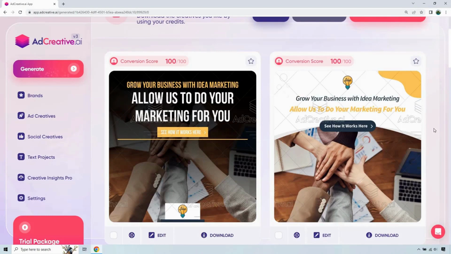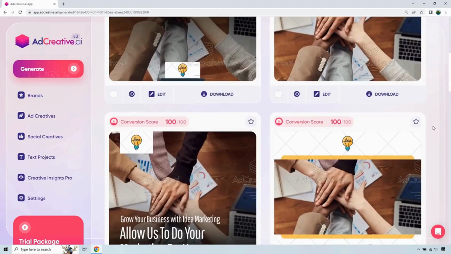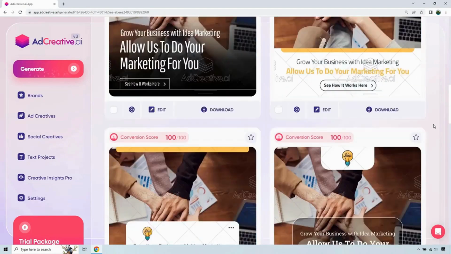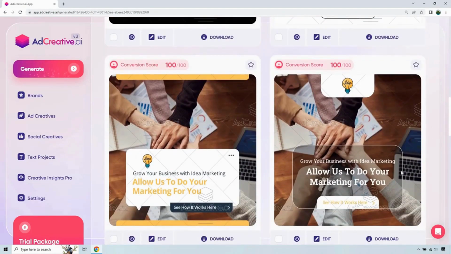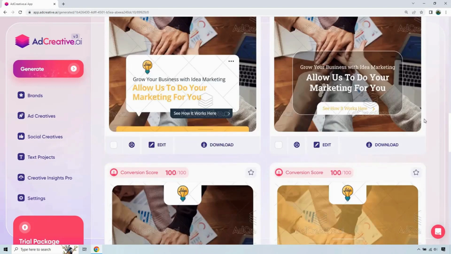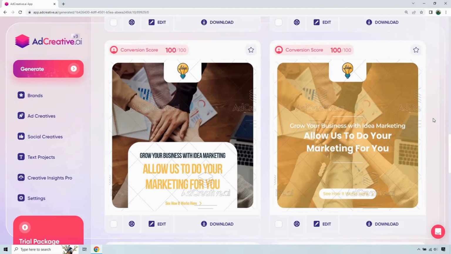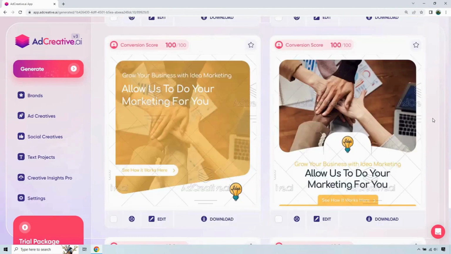Okay, so just kind of scrolling down. Keep in mind there's going to be some that you love, some that you'll probably never want to use, and that's completely okay. Every time I go through this, there's a few that have like a really big filter. Like this is the one. I never liked the one with the extreme filters, and that's fine, but maybe you want to use that. Maybe you want to split test it, and for some odd reason it sticks out more based upon where it's going to be. That's obviously going to be up to you. But the fact that it creates so many different types of creatives with different formats of them, like different picture positioning, different text coloring, different filters, different layouts,